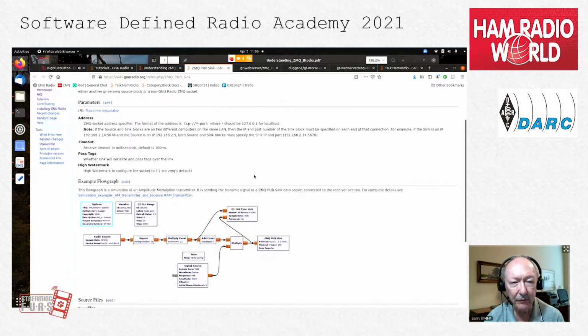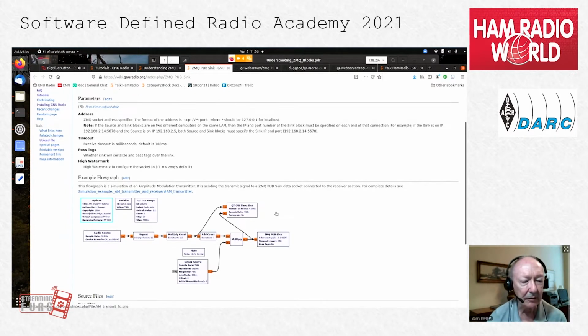And if both of the ends of the sync and source are on the same computer, localhost is faster than using a full IP address. But if we have it on two different computers, then we have to use the full IP address of the sync. And I'll get back to that in a few minutes.